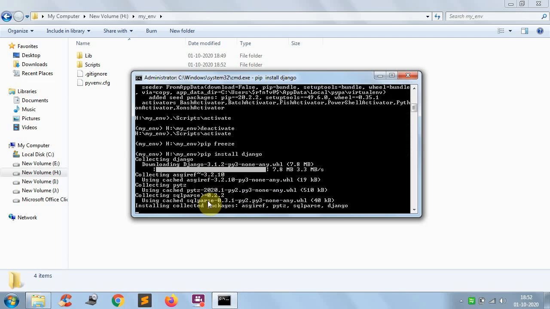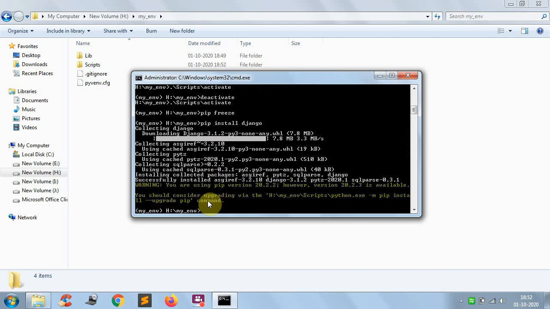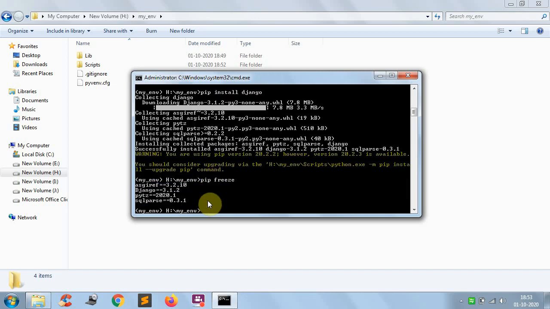Before creating any project, first you have to install the Django libraries. After that only you have to create the projects. Now type pip freeze. Now see this one. These are the libraries or packages downloaded from the internet and installed. By using these packages you can start running the projects. If during creating the project you want to use any package or any libraries, you can install them in the virtual environment by using the pip command as usual.